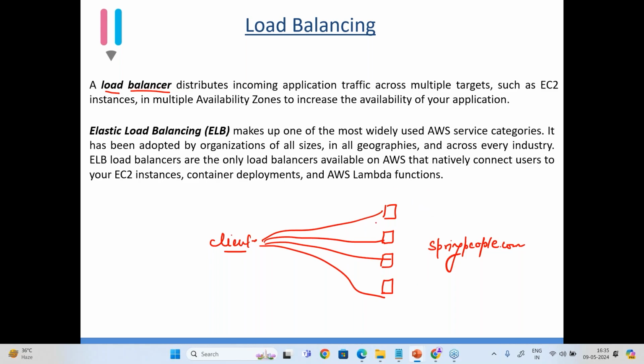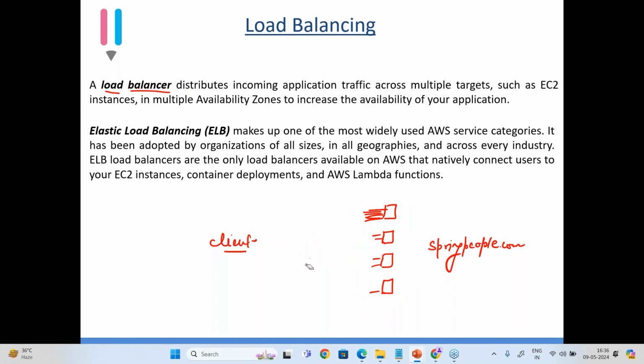Now, are these requests evenly distributed? It might be a case that one server may have a high number of requests while another server may not have that many requests. This means that if you think in a sensible manner, this server is overburdened, while the other servers are not burdened, not working according to their capacity. The one server I'm talking about is working above its capacity, so there might be chances of failure. We don't want this. So now we wanted to refrain the client from directly sending their request to the servers. So what happened?